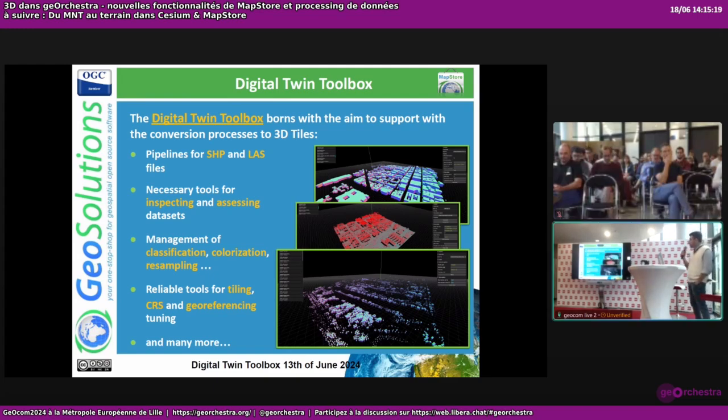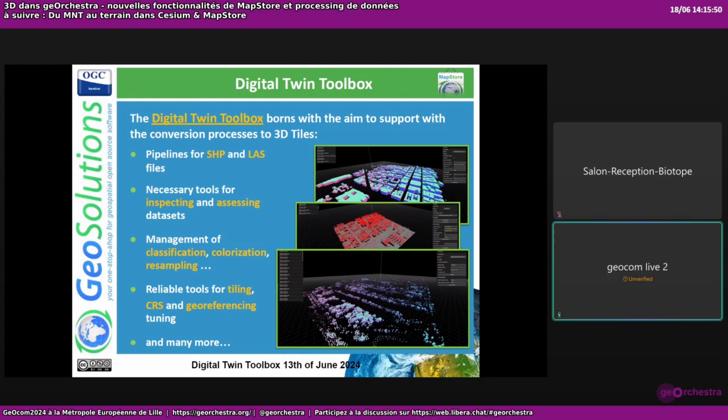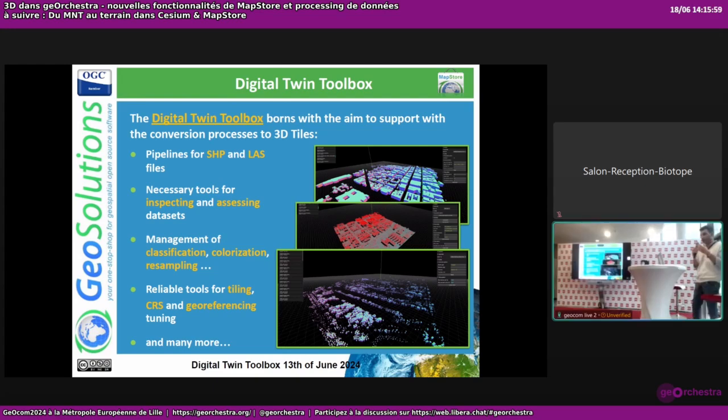So its aim is to basically completely support the conversion processes to 3D tiles, of course, especially for inspecting, assessing data sets, and providing the possibility to classify them, process them, okay, like for example to translate them, colorize them, resample them, manage the geometric error for detailing, for visualization purposes, and for making your